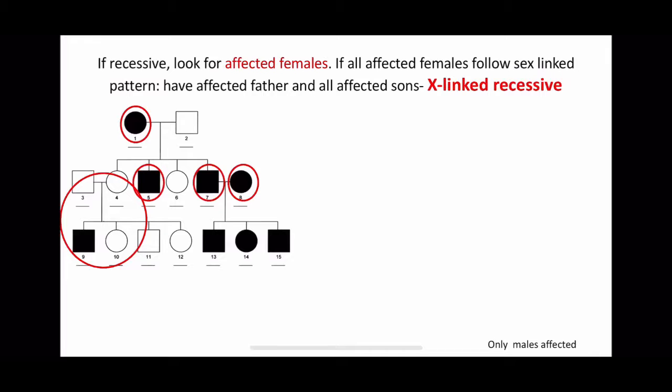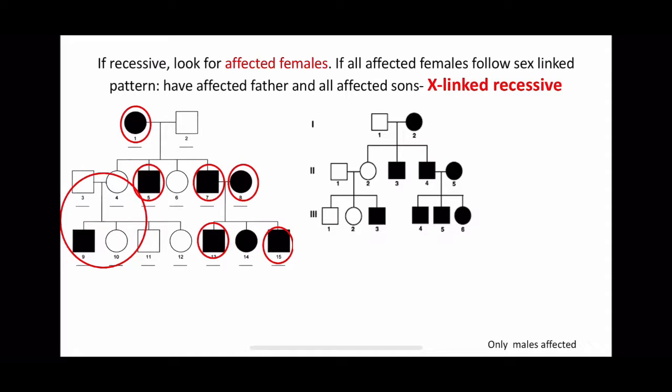Again, this second generation female, she is affected, but we don't have her father, so we look for the sons. Sons are also affected. If you look at the third generation female there, you can trace it back to a father. You can see that the father was affected, right? In the second example, you see obviously it's recessive because the parent couple is unaffected but the offspring is affected, the male child, right? So what do you do next?